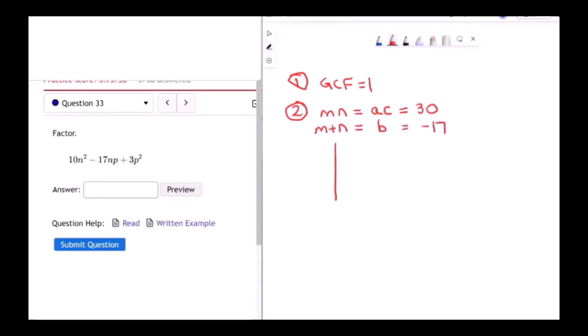I make my table, m, n, m plus n. 30, 1 times 30, 2 times 15, 3 times 10, not 4, 5 times 6, and that's it. The next one is 6 times 5, so I'm done. If I add these, we get 31, 17, 13, and 11. It has to be this one,